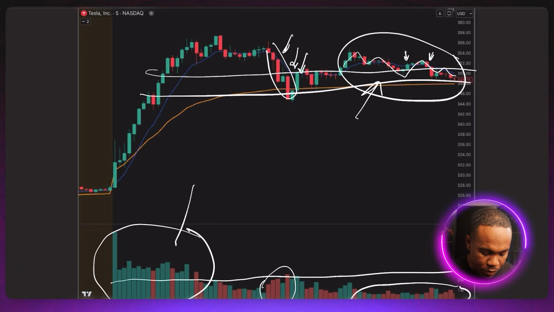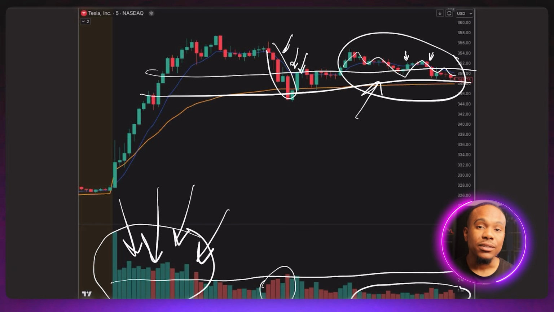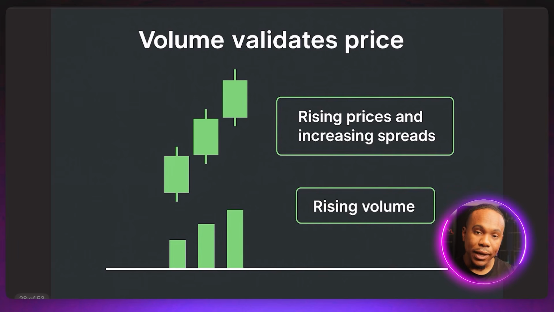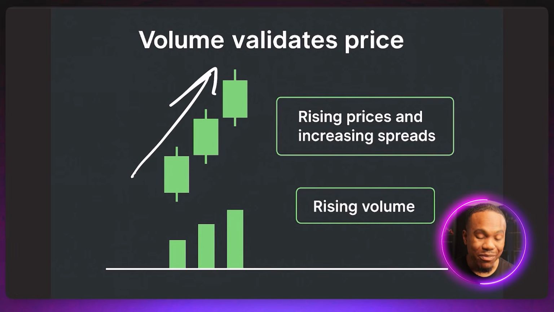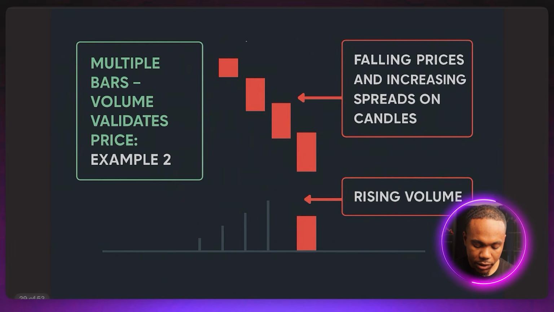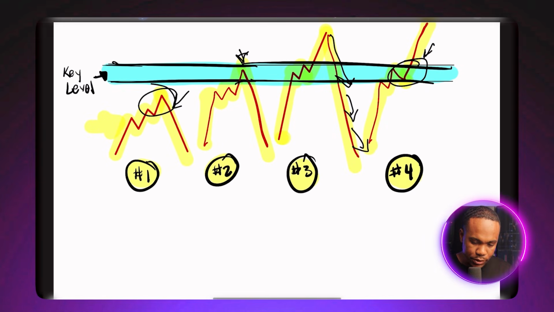We want to be trading when there's elevated volume because there's more interest, and it's likely that we will have price action with stronger follow through that will allow us to take one side and hold or scale in. So in summary, we want to see that volume validates price. So rising prices, rising volume validates our buy thesis. If we have falling prices and rising volume on the sell side, this is a validation for the sell. Okay, so volume analysis will help us in these scenarios.